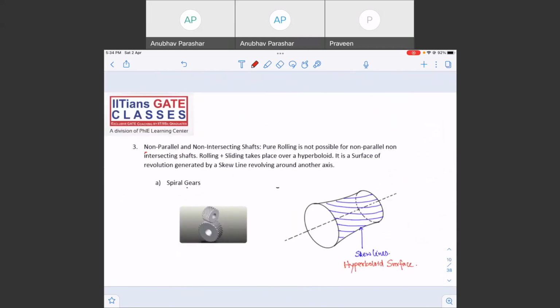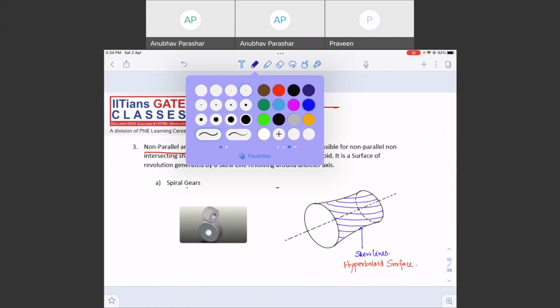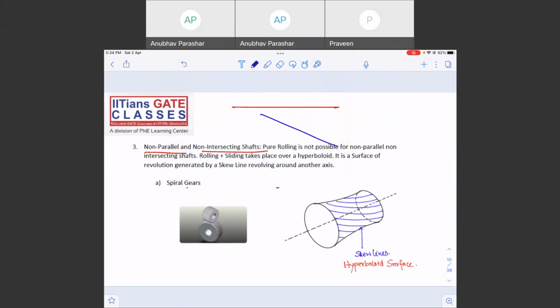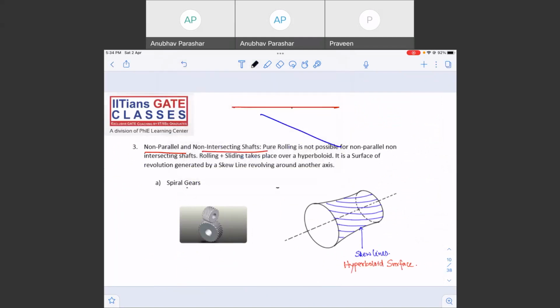So there can be non-parallel, non-intersecting shafts as well. Like this is one of the shafts, and the other shaft is something like this. Let me say it's not parallel, not intersecting, right? So in that case, what is going to happen? Okay, if you draw a perpendicular, this is how the perpendicular will look. One shaft is on the top of the other. You can see one shaft is on the top of the other. This is how it looks. So this is non-parallel,